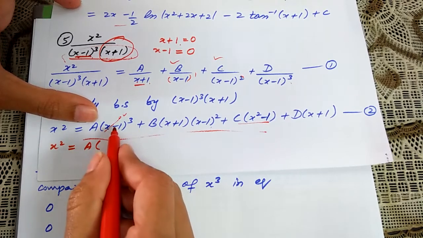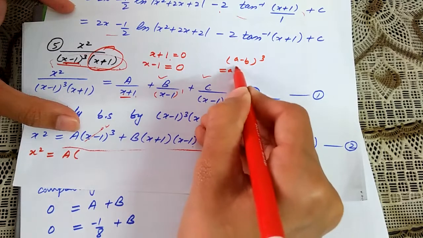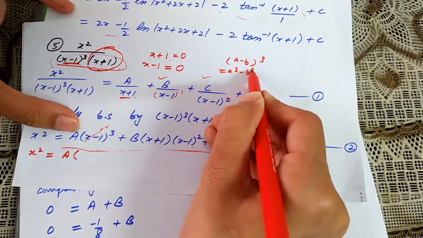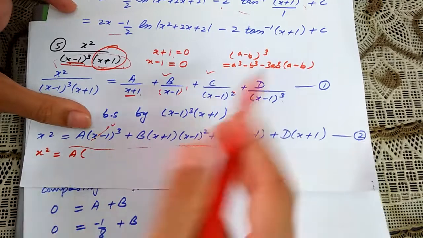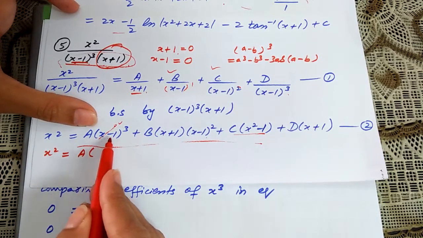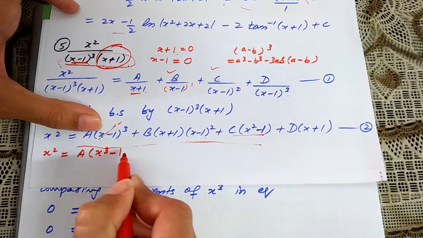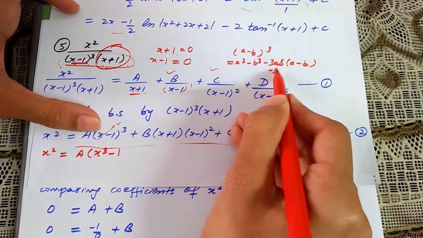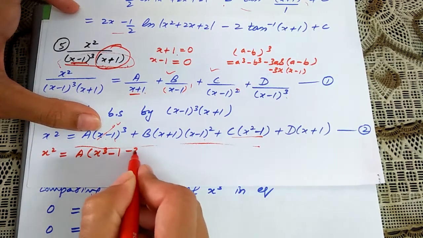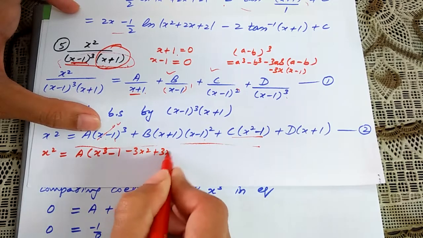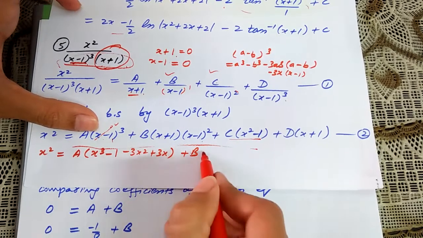You know that if I open the formula of a minus b whole cube, it is a cube minus b cube minus 3ab, a minus b. So after opening this formula, I will get x cube minus 1. Now here I will have minus 3x into x minus 1. It will be minus 3x square plus 3x. Now multiply this as well. I will get